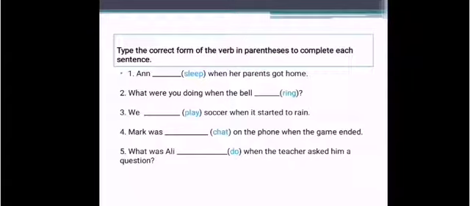Type the correct form of the verb in the parentheses to complete each sentence. Anne blank sleep when her parents got home. لما أهلها إجوا على البيت كانت Anne نايمة. مش عارفة الجملة. طيب Anne subject. شو الإشي اللي ناقص هون بالجملة؟